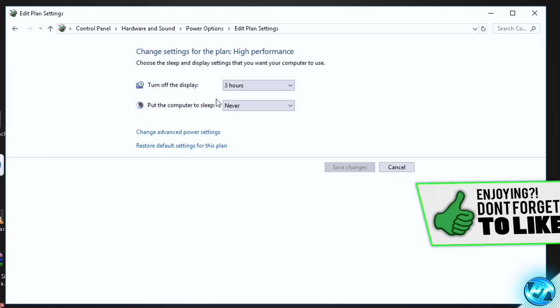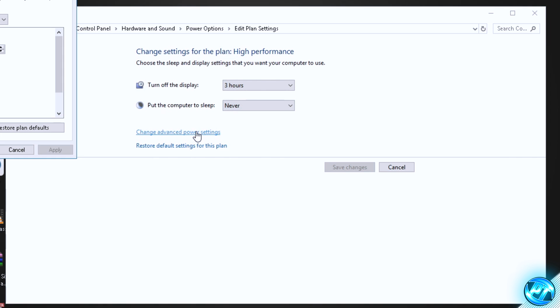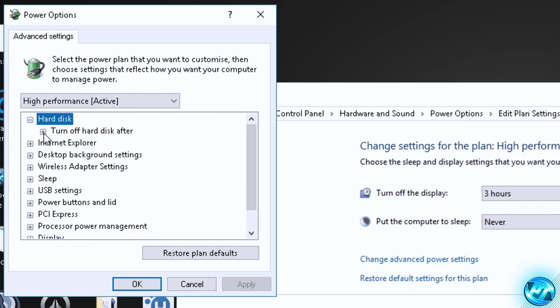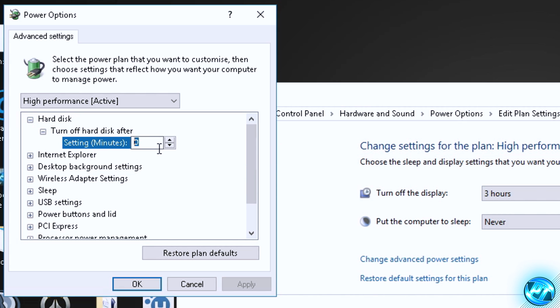these two options here are personal preference, so you can set them to anything you wish for your system. It doesn't affect performance, but what we're interested in is going to the change advanced power settings plan found here. Starting off with that, we're going to go to the hard disk option, press the plus button, go into turn off hard disk after by pressing the plus button again, go to the setting, double click and set the amount of minutes to 0. This will more than likely be set to around 20 by default, but go ahead and change the 20 to 0,